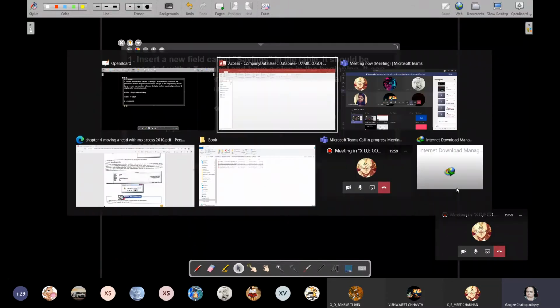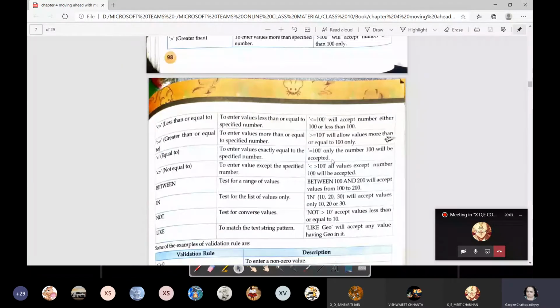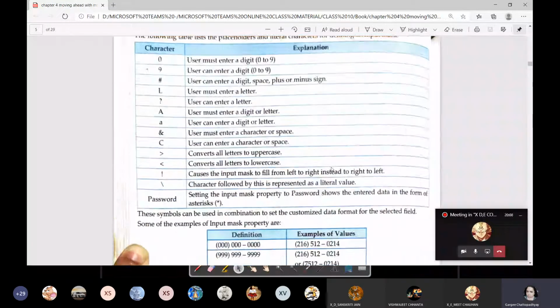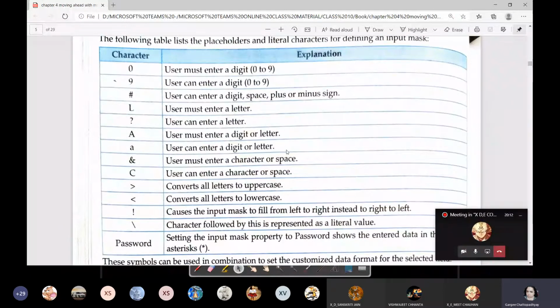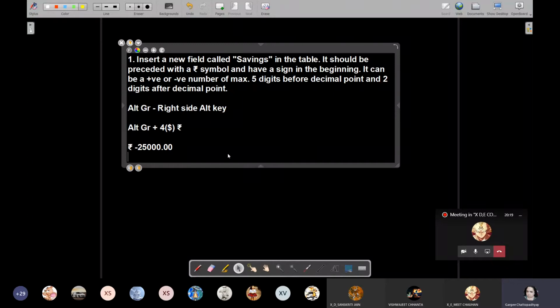Now let us check the input mask characters. So we'll go back to the input mask characters in our table here. Here we are. Can anyone tell me how we can get the input mask for this field? Take a look, first a rupee symbol, so the rupee symbol will be added as it is, right? Then followed by a space. So rupee symbol and space, these two are literals or constant values. Their values are not going to be changed.